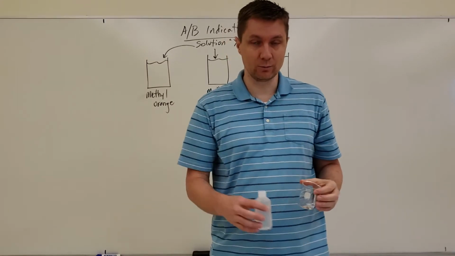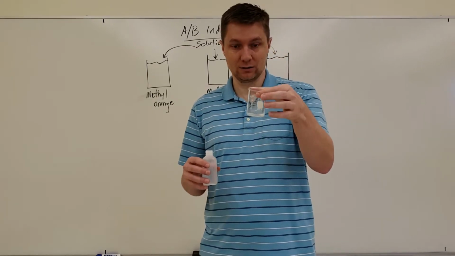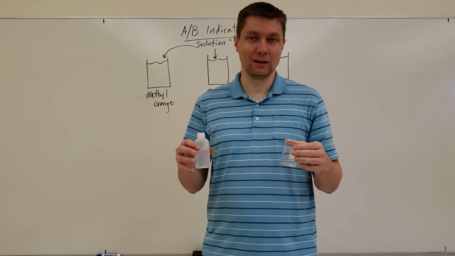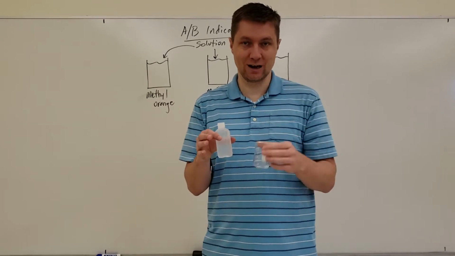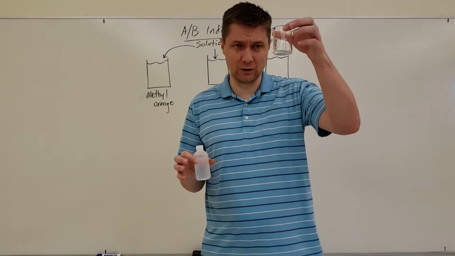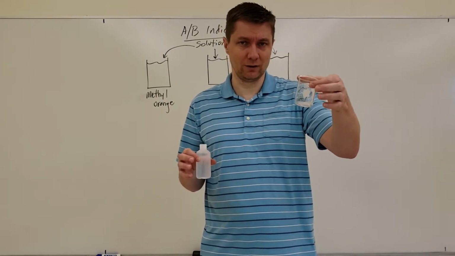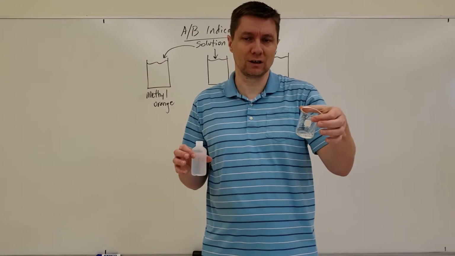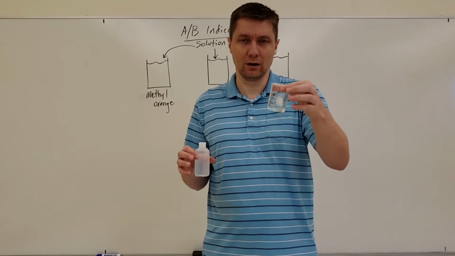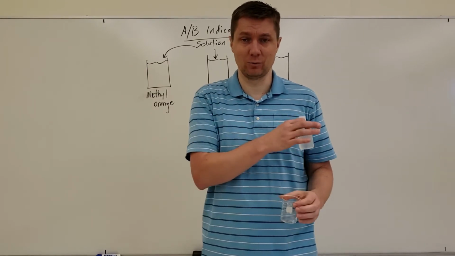And the data booklet tells us that when phenolphthalein is a colorless color, this solution is going to have a pH of less than 8.2. And this makes sense, right? We know that this is hydrochloric acid, and so putting HPH, or phenolphthalein, into here, we know that this would give us a colorless color because hydrochloric acid is an acid and that's going to have a pH of definitely